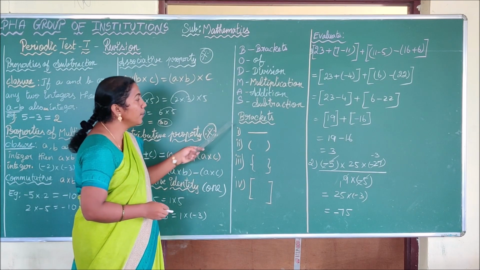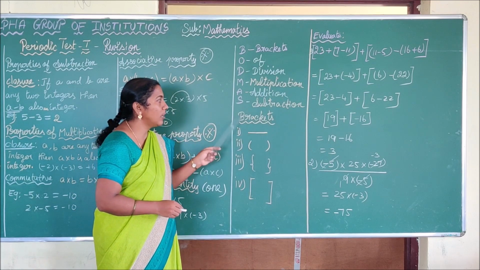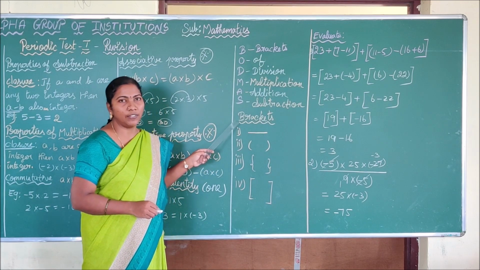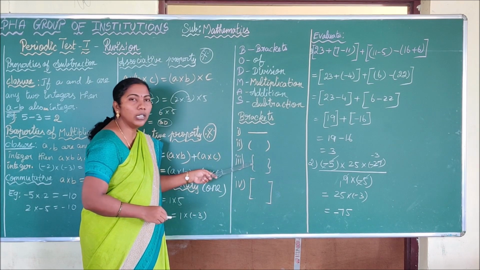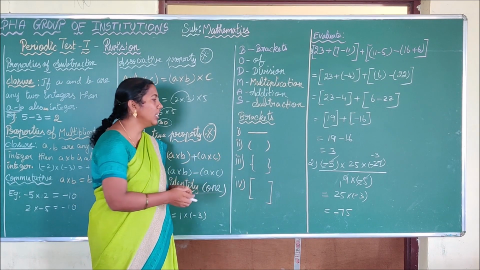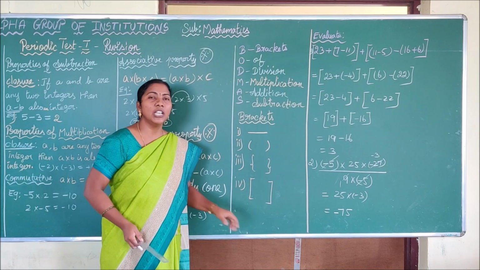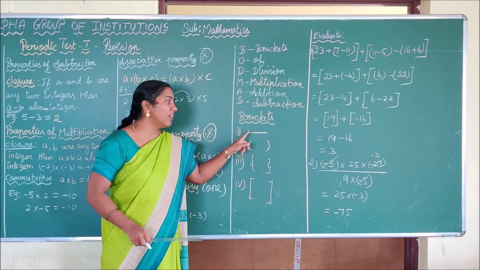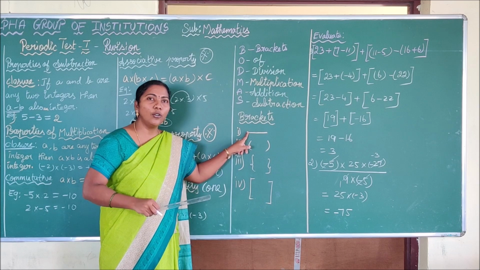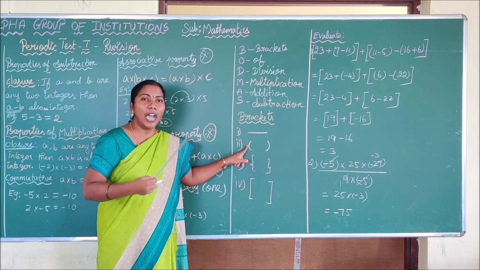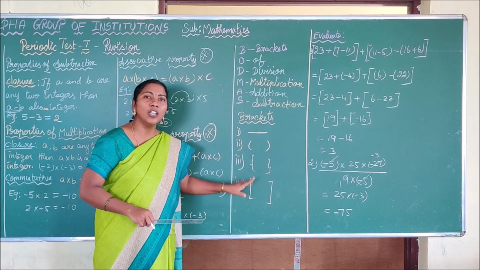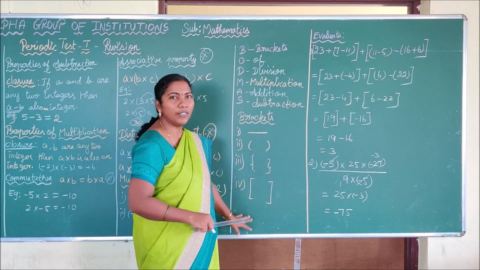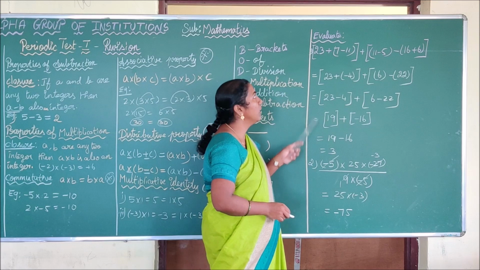Okay. Before we go to the sum, let us see what are the types of brackets. Vinculum, simple, curly, square. In the question, if they have such types of brackets, first you have to operate the vinculum bracket, and then the simple bracket, and then the curly bracket, and then the square bracket. You have already known this very well. Okay. Let us see one sum.